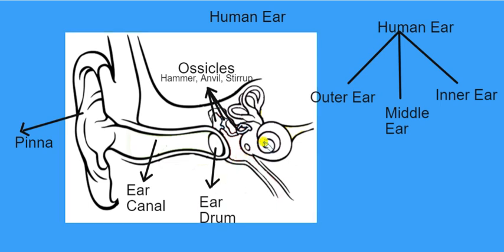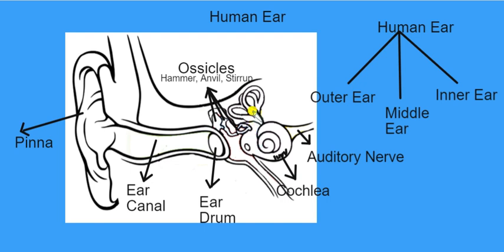There are two main parts of inner ear which are concerned with the function of hearing. First of all, we will label cochlea. Cochlea is a round structure just like a snail's shell, and as a snail shell it is hollow, but it is filled with a fluid inside, and along with the fluid it has tiny hairs on its inner surface. It is covered with tiny hairs. The second part of the inner ear, which is concerned with the function of hearing, is the auditory nerve which connects cochlea to the brain.